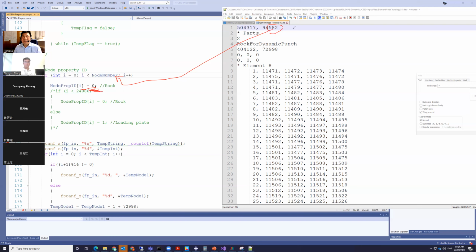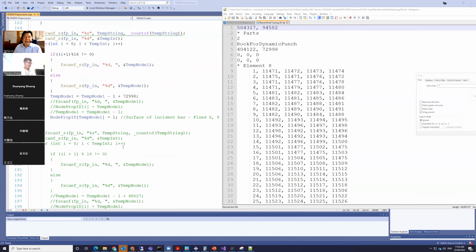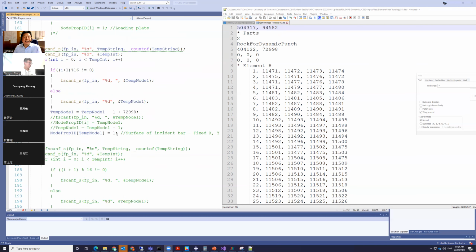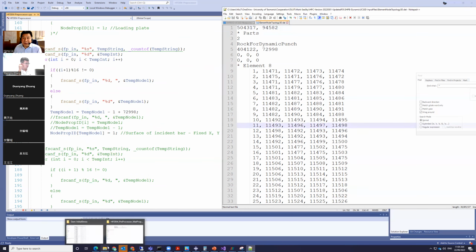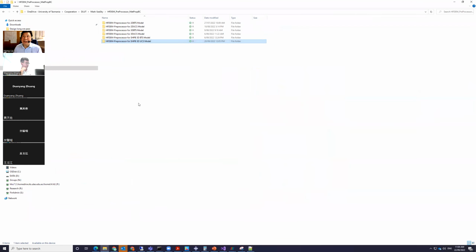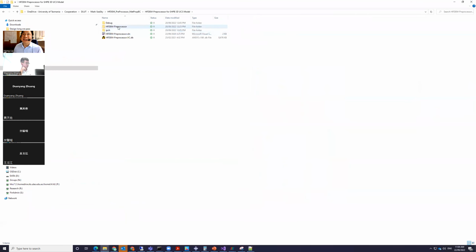Okay, for the split-Hopkinson bar, we need to give the input waves there. So for that node, we copy that data. Okay, so looking at that here,